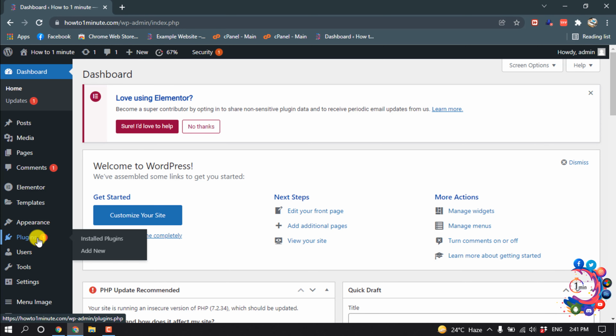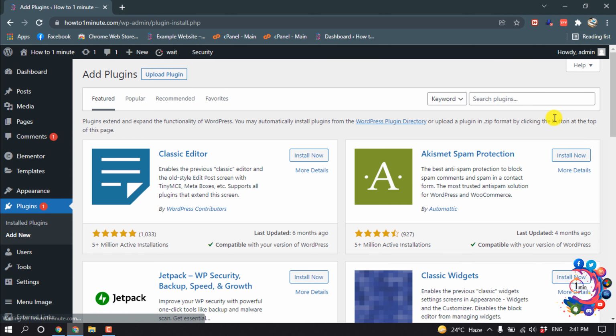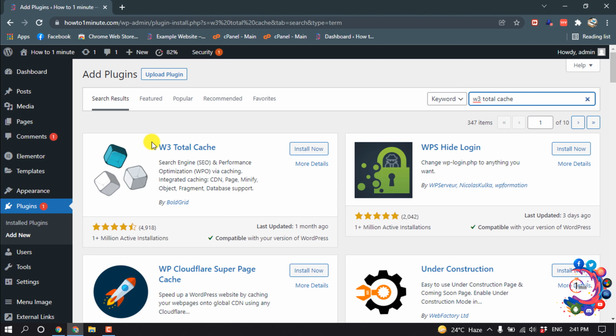So we are going to install a plugin. Hover over plugins and then click on add new, and now search here W3 Total Cache and install this plugin. Activate,